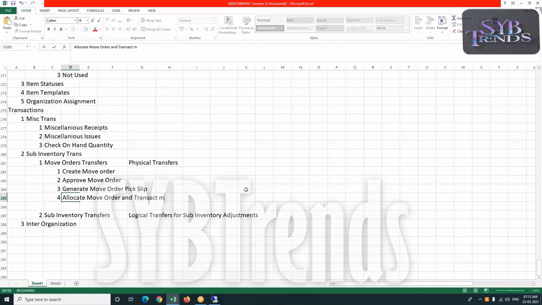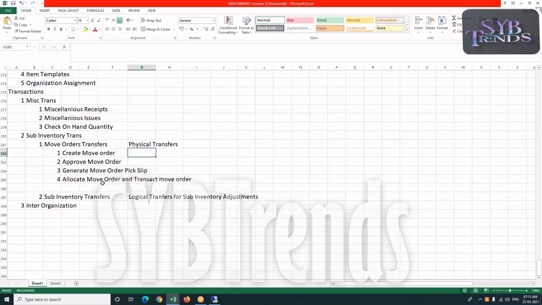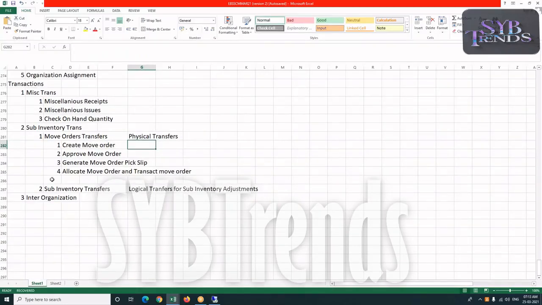Allocate and transact. Normally, the pick slips will be generated based on the move orders. How it will be